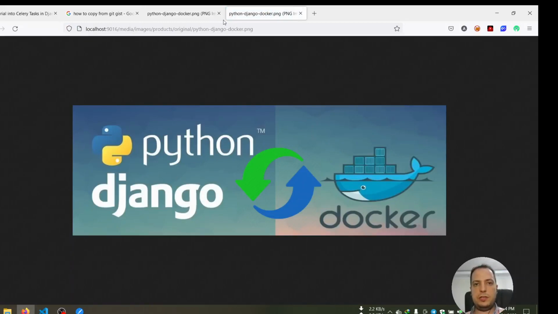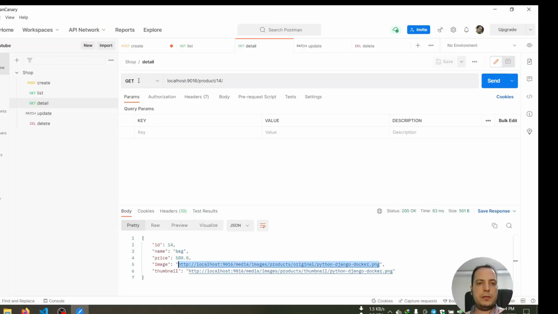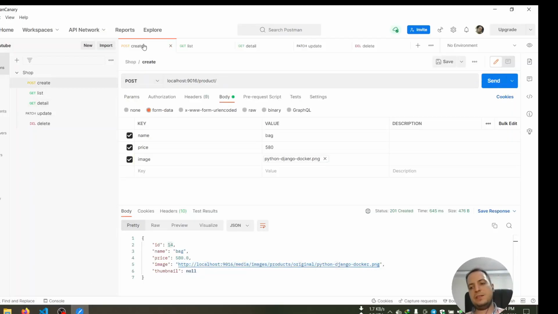This is the original image, and this is the thumbnail that we created. As you can see, on creation we immediately send a response to the client, so the object is created with status code 201. But in a side process,